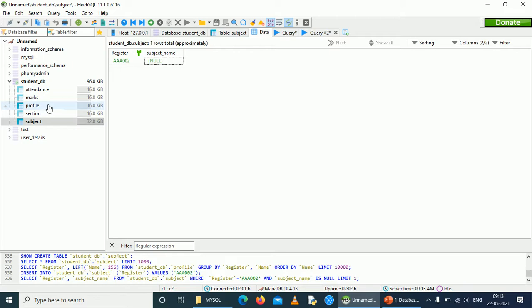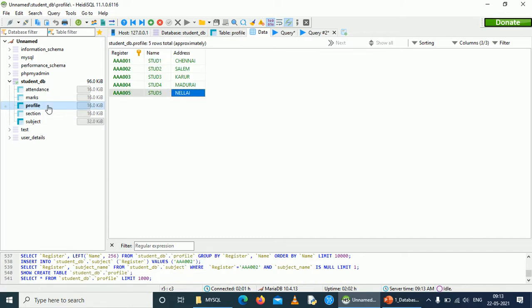So fixing foreign key in all the other four tables: attendance table, mark table, section table, and subject table, prevents the database administrator or the user from entering the data that is not available in profile section. So if at all any data has to be entered in these tables, that must be present in profile table.